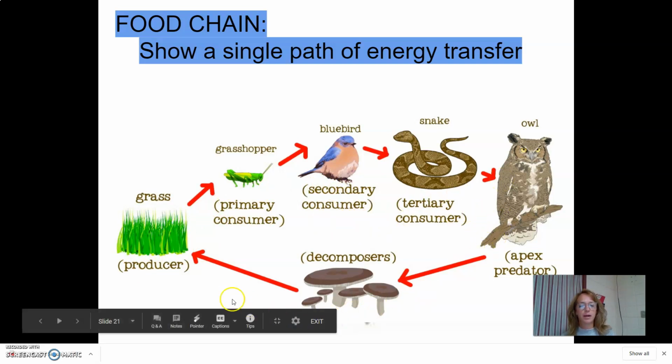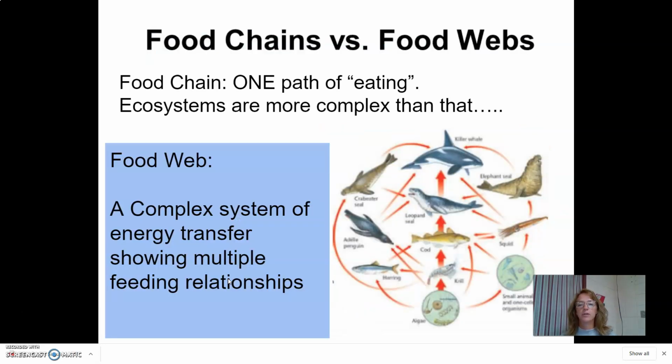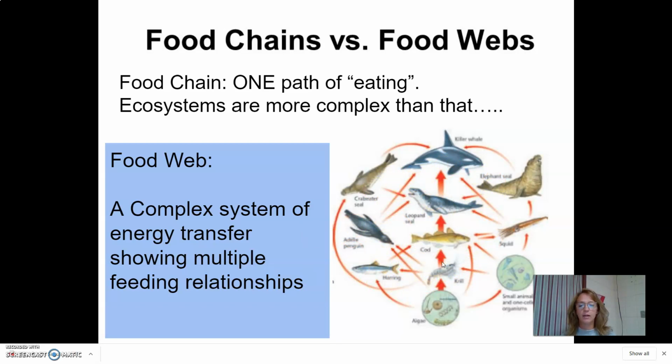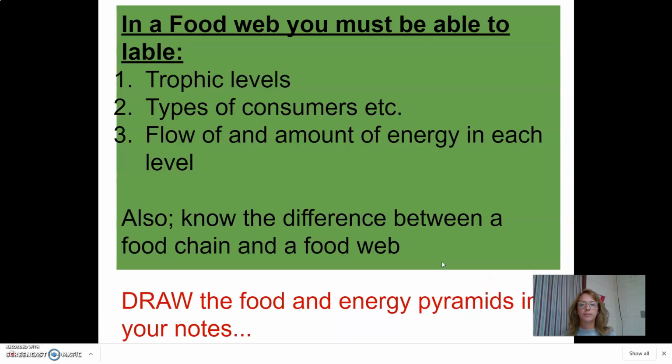And then we always go back through the decomposers and they put nutrients back in the soil. So know the definition of a food chain versus a food web. A food web shows those food chain and feeding relationships, but in a more complex and real life ecosystem scenario. Okay, if you were to draw a food web or a food chain, you need to understand trophic levels, what